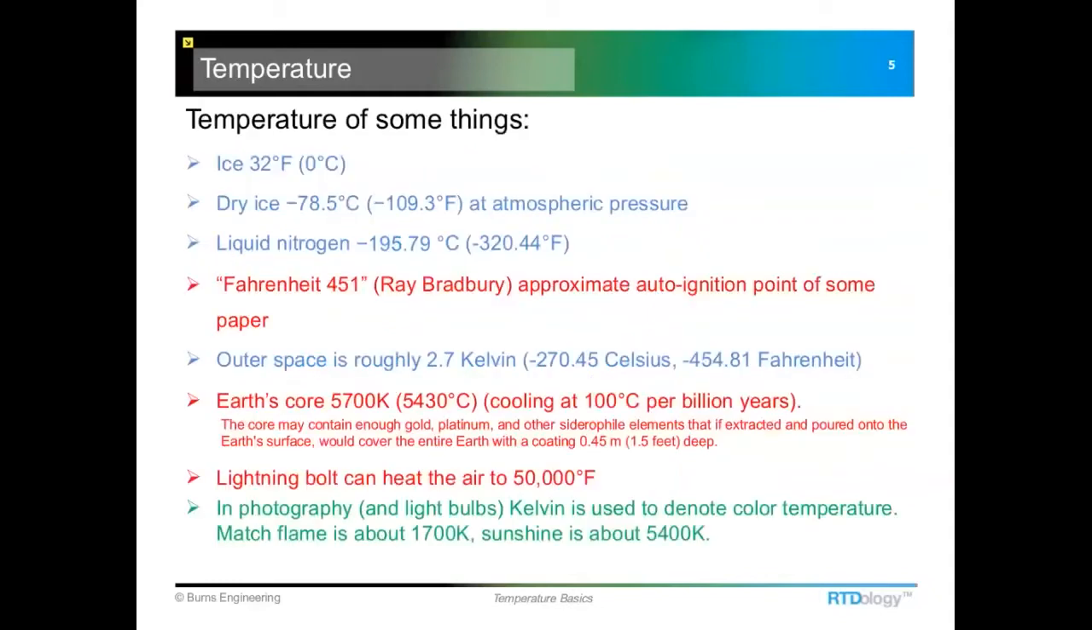If we look at the temperatures of some different things, you can pick your favorite off the list here. The three that are most important, at least in the metrology world that we work in, are the ice point, which is real common, and liquid nitrogen. There's also the triple point of water, which I don't have on this list, but it's at 0.01 degrees C. Some other things: